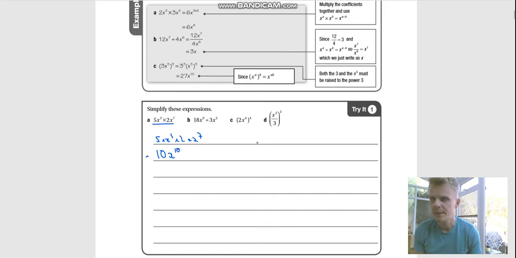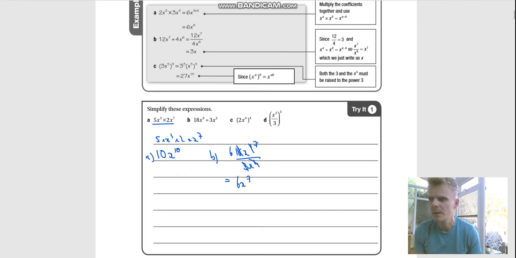Okay, so that's A. For B, perhaps the nicest way to do it is to write it as a fraction. It's got 18x to the power of 9 over 3x squared, so we can see in this fraction form, you can simplify this. 18 divided by 3 is 6, so we get left with 6 on the top, and x to the power of 9 divided by x to the power of 2, rules of indices there to subtract the index numbers, so we go down to a 7 there,